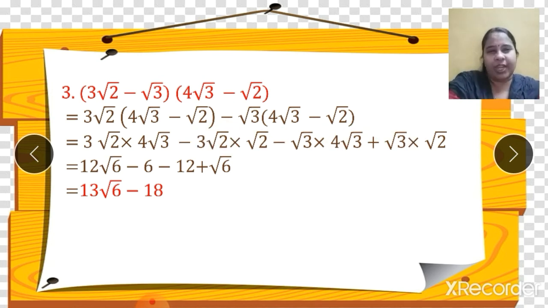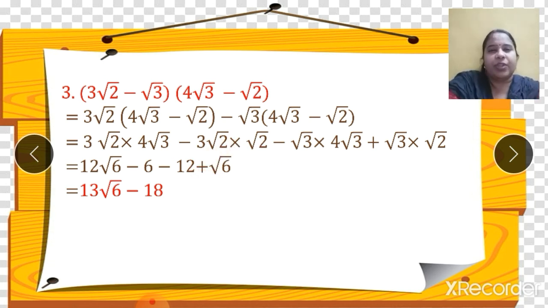Step by step, you write along with me as I am explaining so that it is understood to you. Now what is left is to multiply this. See, 3 4s are 12. Root 2 into root 3 is root 6. So we got the first term as 12 root 6. See this, 3. Root 2 into root 2 is 2. So 3 2s are 6. Correct? Then 4 as it is. Then root 3 into root 3 is 3. So 4 3s are 12. So minus 12. I hope you are understanding how we are getting these terms. We are multiplying this and getting these terms. Correct? Last term is root 3 into root 2. What is that? Root 6.